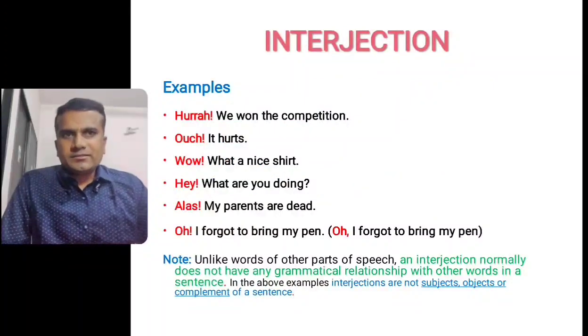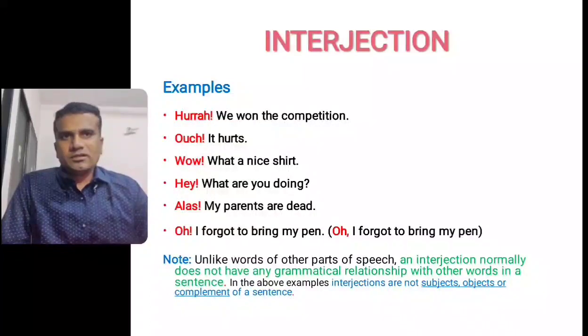See, these are some examples of interjection. Hurrah, we won the competition. Ouch, it hurts. Wow, what a nice shirt. Hey, what are you doing? Alas, my parents are dead. Oh, forgot to bring my pen. And